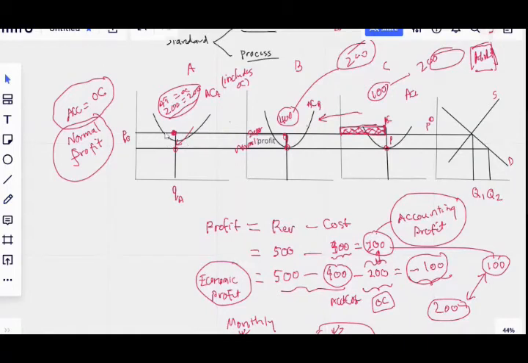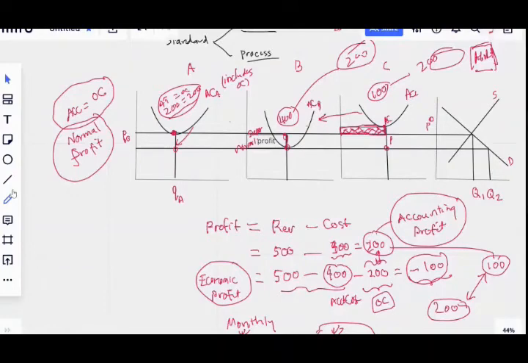Remember, originally it started here. So let me bring it back. Originally it started here. So this fellow was earning normal profit. This one was earning supernormal profit. And this fellow was having a loss. So remember we started with this. A loss-making one, and a supernormal profit, because he's earning more than opportunity cost.